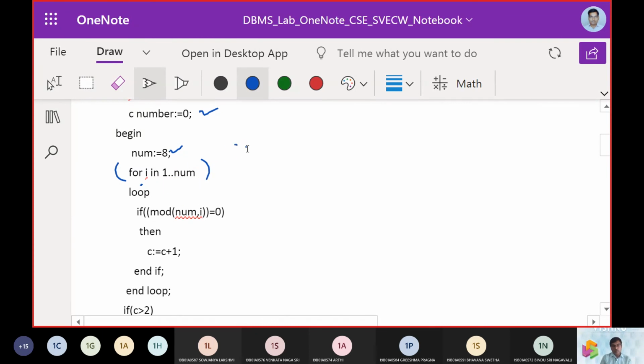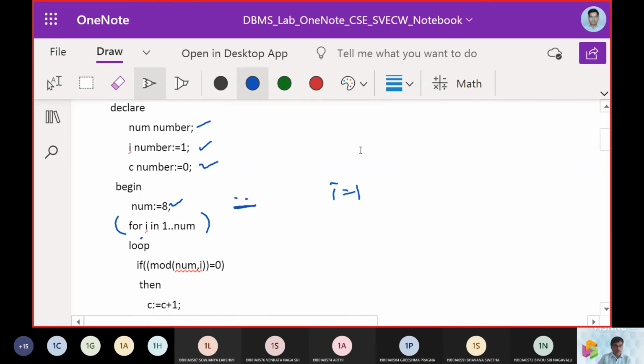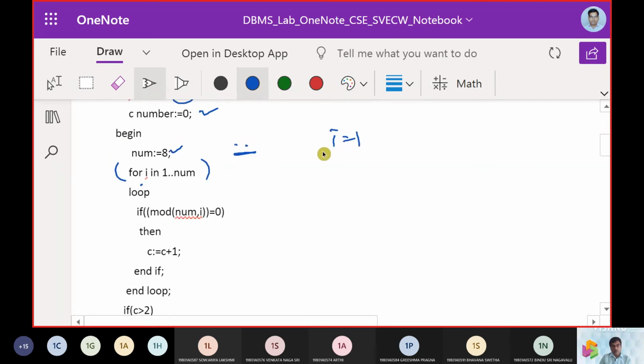I is initialized to 1 here. Now to the maximum, that is 1 to 8, because number is 8. So it repeats 8 times.